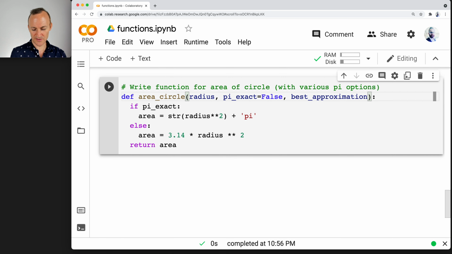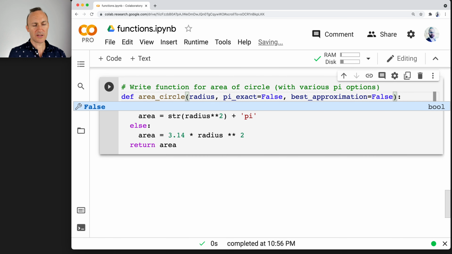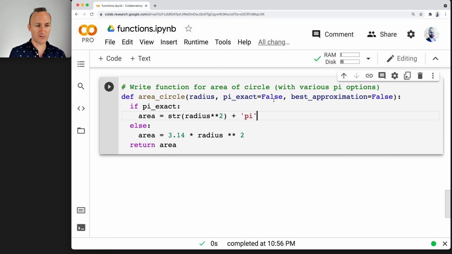And again, that's false, right? So the reality is we only want one of these to be true. You can't have both of them true. And so, there is a better way to do it. But for now,